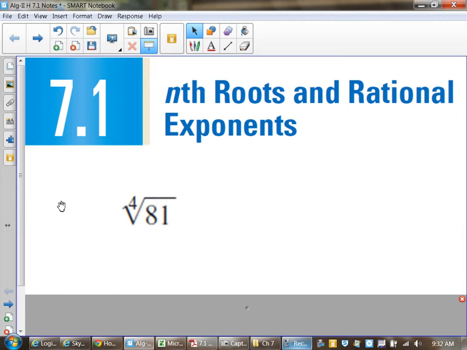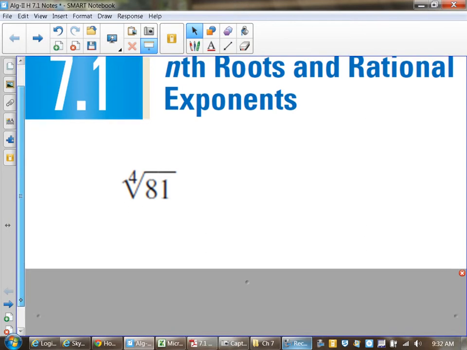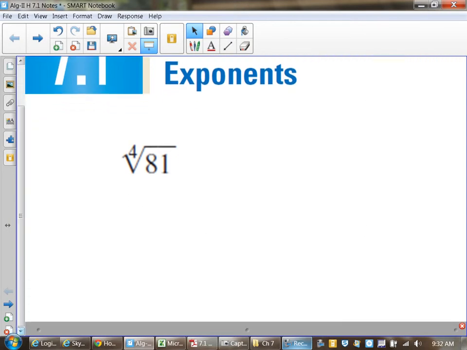Basically what this looks like is stuff like this. We are no longer just taking regular boring square roots or cube roots. We are taking nth roots. All right, what this means is basically when I'm looking at something that says, what is the fourth root of